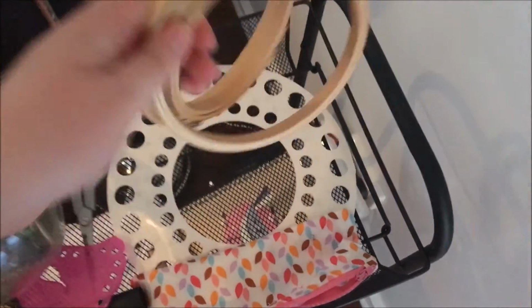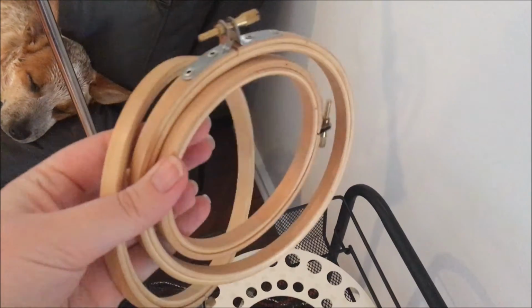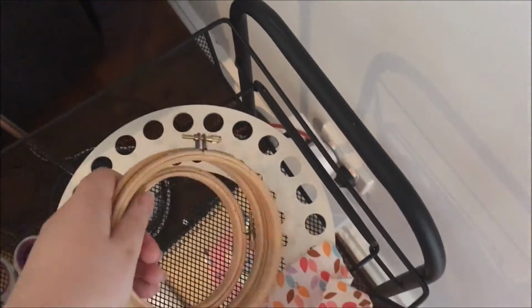Some more hoops. I have some different sizes here just in case I feel like using a hoop for something that won't fit into my 8x8 Q-snap. I don't really like hoops anymore, but I need to have them here just in case. And lastly on here,